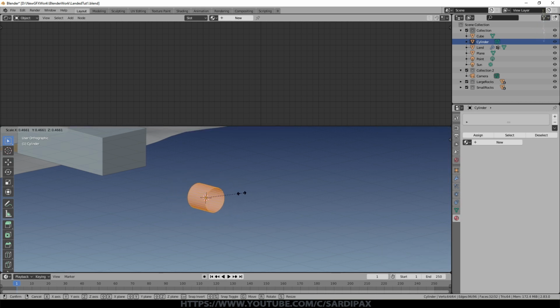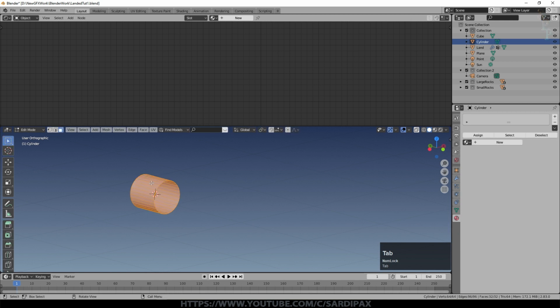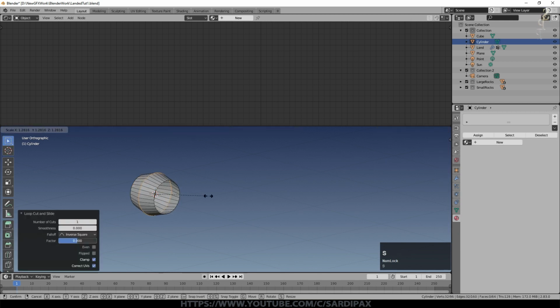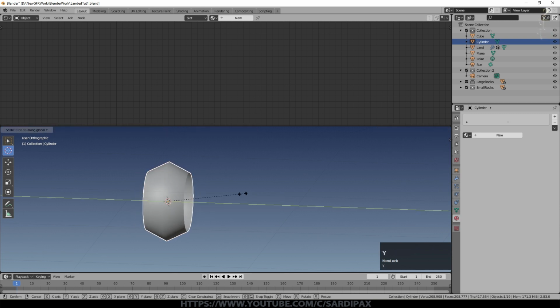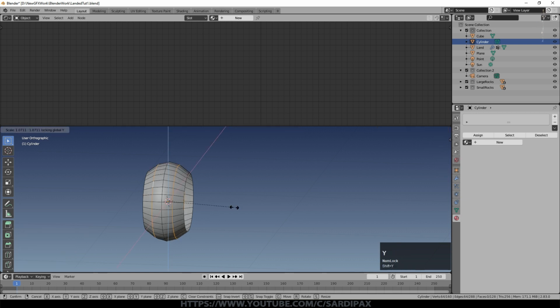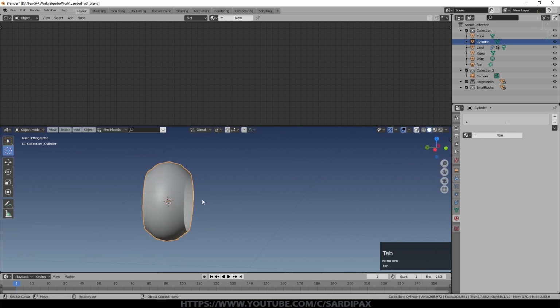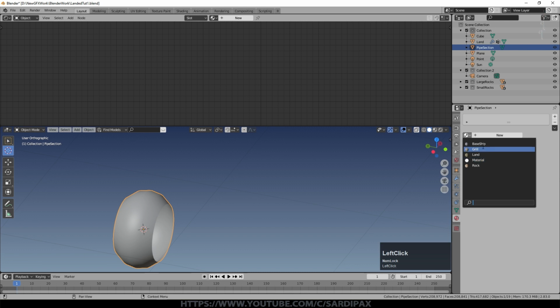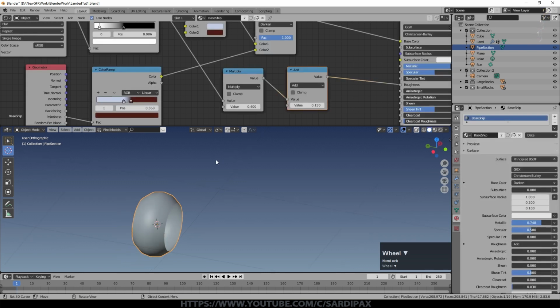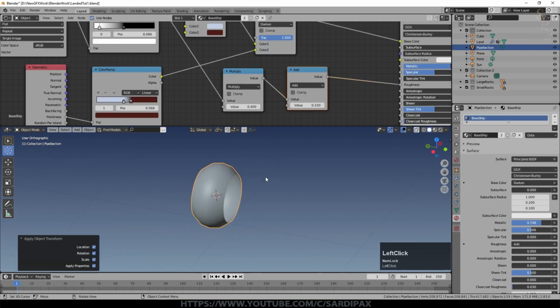I'm going to make it a little smaller, and then I'll give it some geometry just to make it a bit more interesting. Set it to shade smooth, perhaps scale on the Y just to shorten it a little bit, and just rounding it out slightly. So that's a base shape, and we'll give that a name. We'll call it pipe section. And for materials, we'll just give it the base ship material for the moment and apply all transforms.